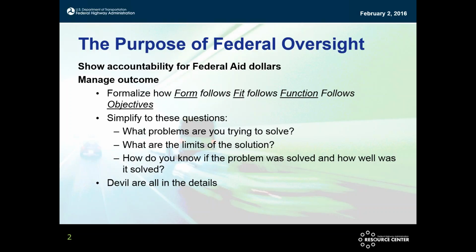Essentially, to board it into the V diagram, we're formal as to do fit and function objectives. And in a nutshell, trying to help our public partners. What is it trying to do with this project? Limits of your solution. Well, the project worked. Bottom line, it's very simple, but that was in the detail. We've seen various in the past with the publication.